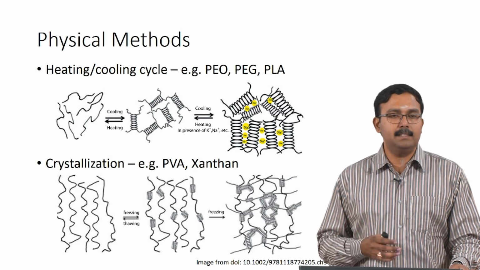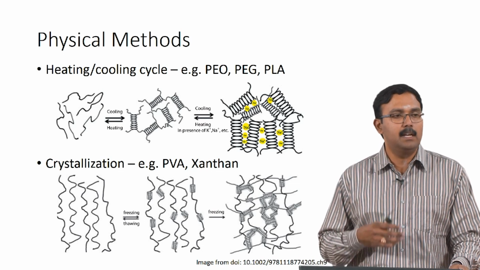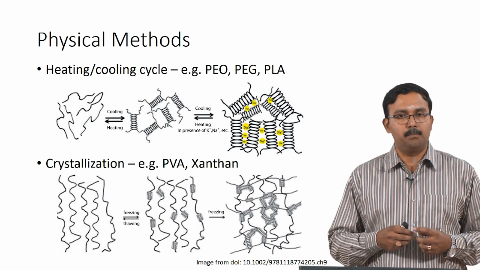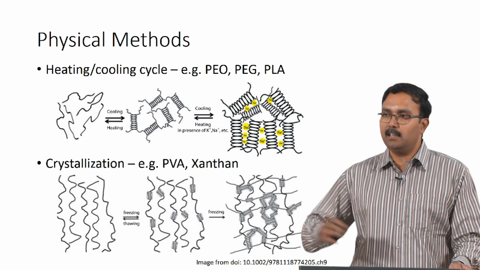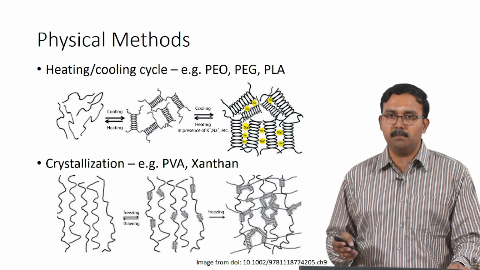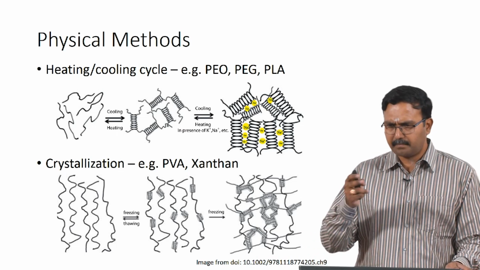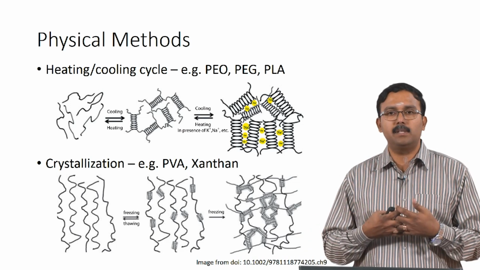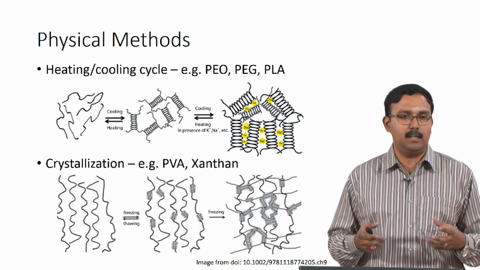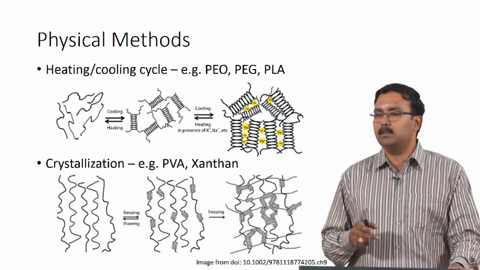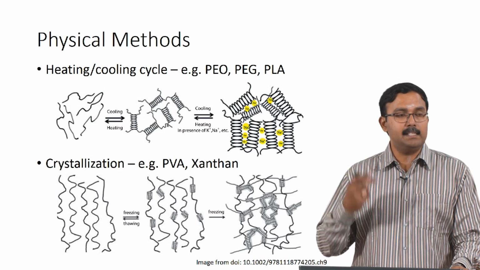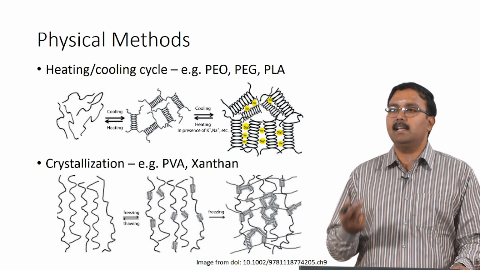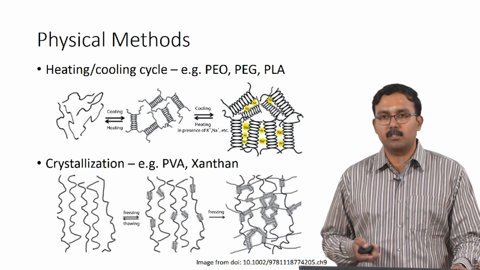Okay. Crystallization is another common method which is used for cross linking PVA and xanthan. What is done here is freezing and thawing. The polymer solution is taken, frozen and then thawed, and this is repeated multiple times so that these coils are formed. Finally you freeze it so that these coils interact with each other and form a very strong hydrogel. Crystallization is actually a technique which can provide reasonably good mechanical strength. In many cases crystallization can even give mechanical strength better than your chemical cross linking.